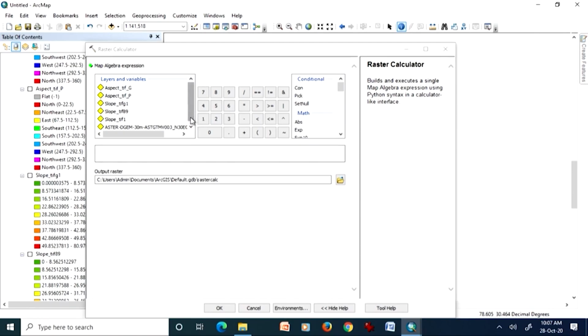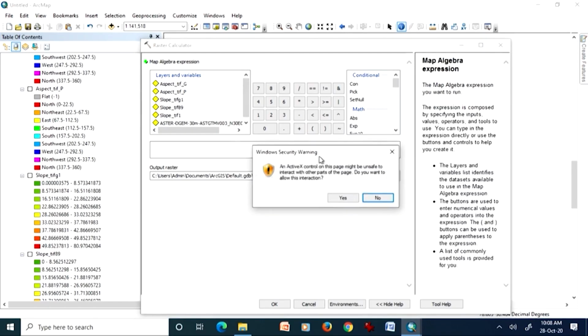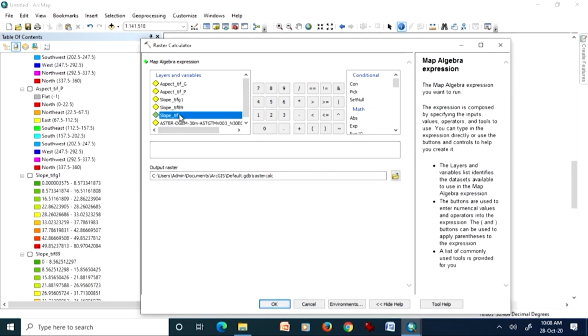Since we have three slope maps, I will use the one made with Z factor 1 and the planar method, because that was giving higher values, and then the geodesic one. So I will use the planar one, this one with Z factor 1, and subtract from it